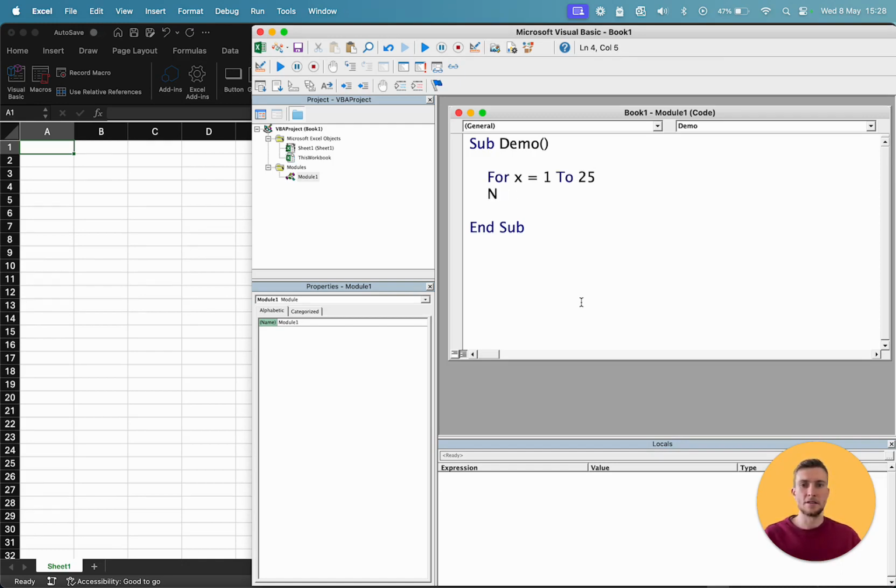And then to end our loop, we'll write next x, which means every time you get to the next x statement, we're going to add 1 to our x variable until it gets to 25, at which point we'll finish. Which means everything we write in the statement between the for and the next is going to happen 25 times. So to prove that, let's write